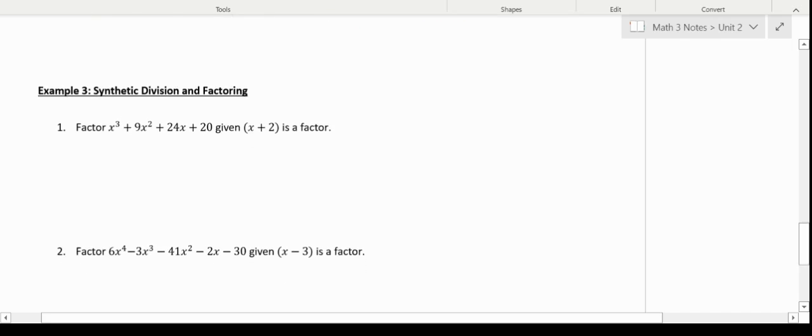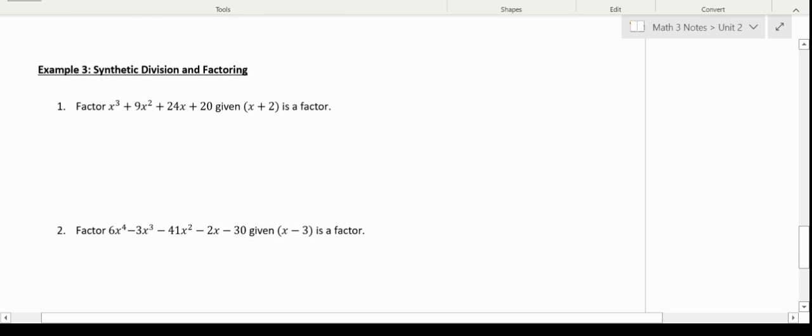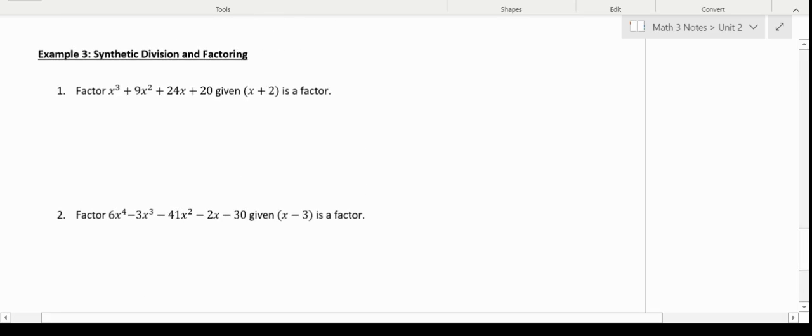So for the synthetic division, we're going to do the same exact way. We just are now going to make sure that if we can factor all the way, we want to go ahead and factor all the way too. So the first thing that we're going to see here is it says factor, and we have a 4-term polynomial, and we don't have a GCF. We could try to do some grouping, see if that works, but they also tell us we have a factor